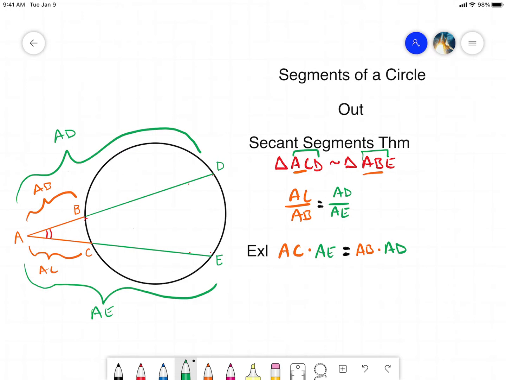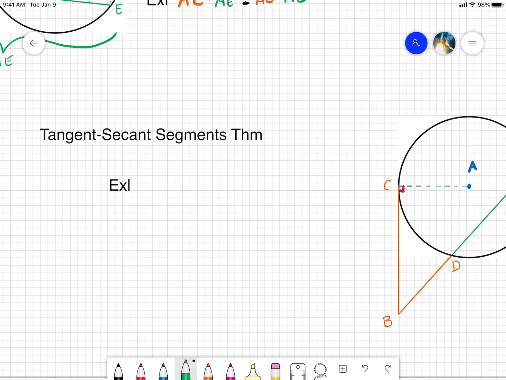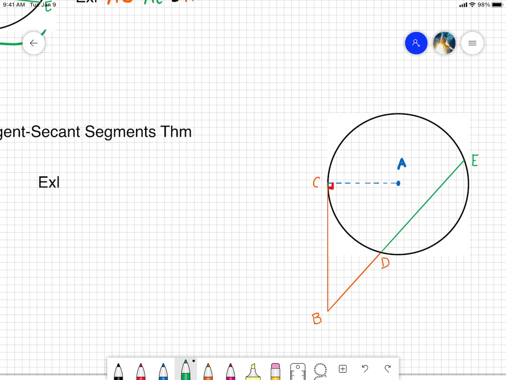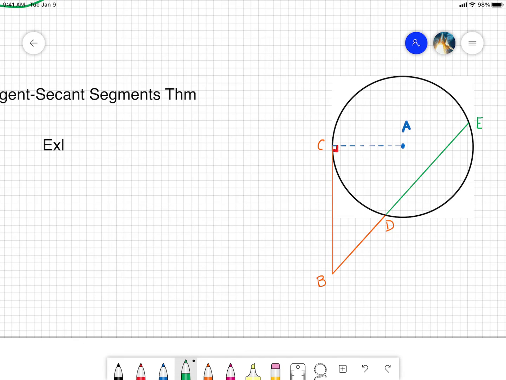Now, we're going to look at the tangent segments, secant segments theorem, because this is going to be essentially the same thing. So again, when they have two segments that intersect outside, then we can have two secants, or we can have a tangent and a secant, and then we'll talk a little bit after about what happens when we have two tangents. Okay, so